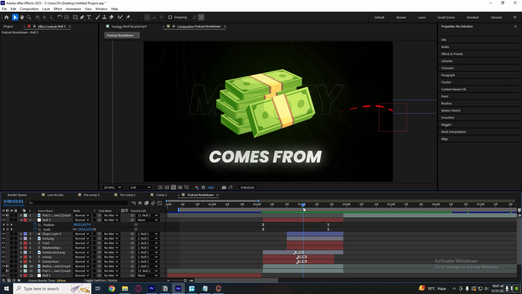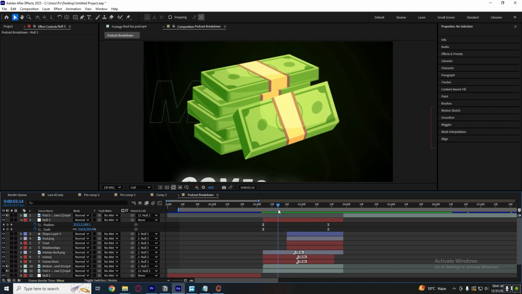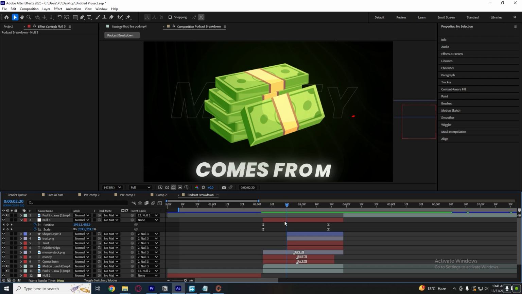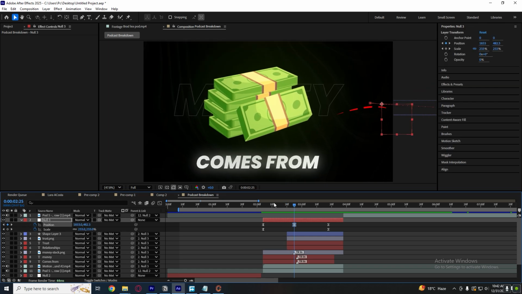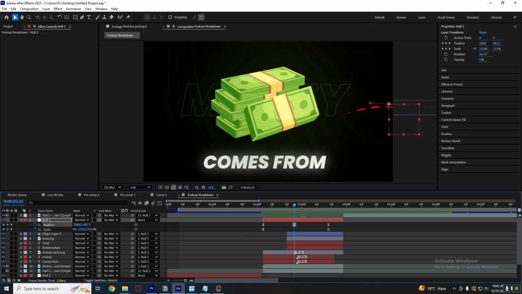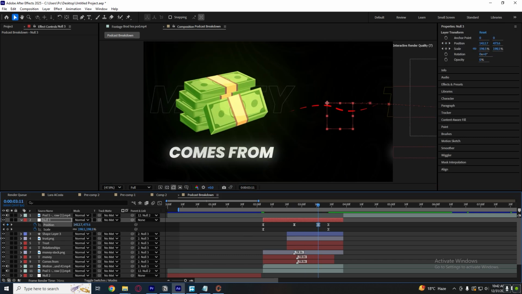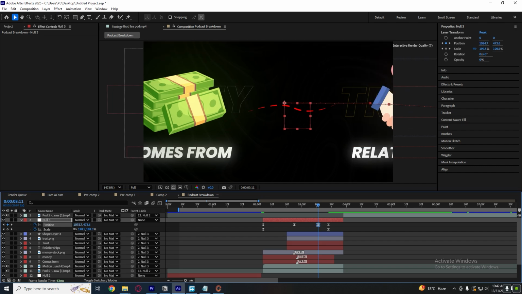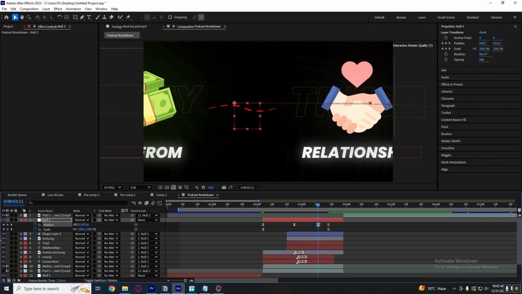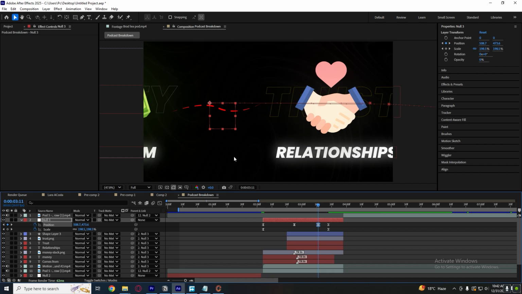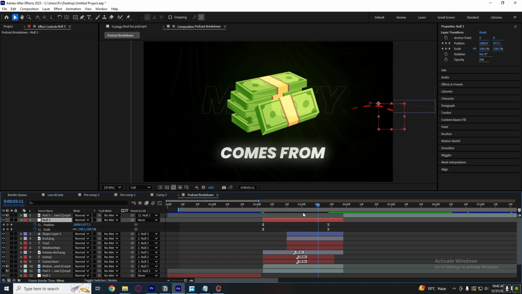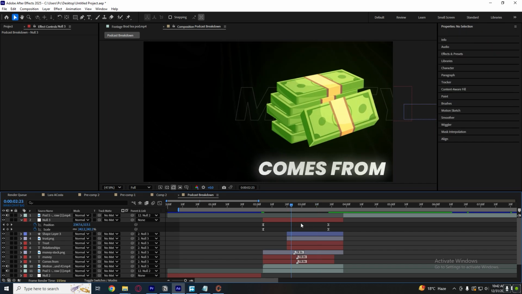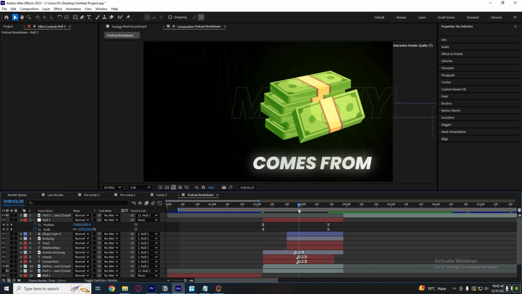But for most of the people, what they do is just they don't make it like this. As you can see, they start the keyframe from here and they just go here and add a keyframe here and then a keyframe here and then start zooming. So what it does, it does not make the zoom smooth, it does not give the motion to their animation. So that's why their zoom ins, their movements do not look good. So for this we are going to have another way, which is by